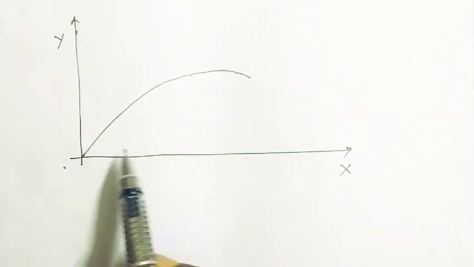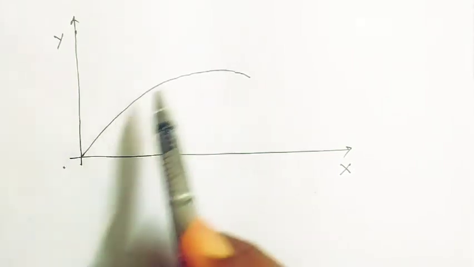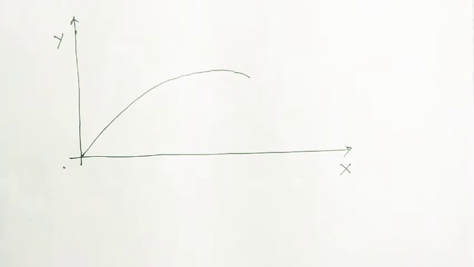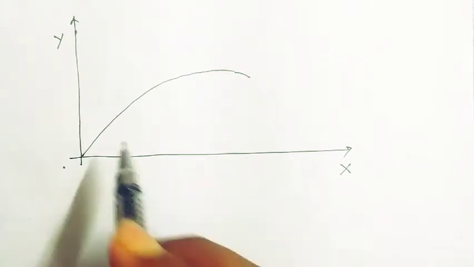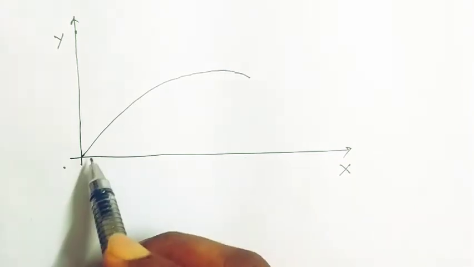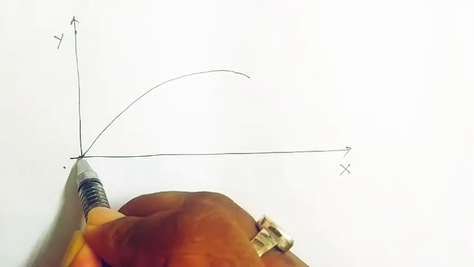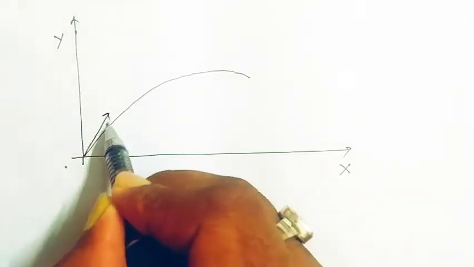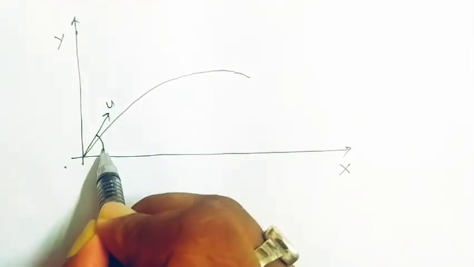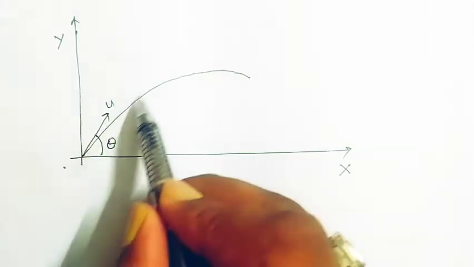I think this graph is familiar to you, the x plane and y plane. I have shown some of this before, in the previous lecture. What is the name of this? You remember this? This is a trajectory. If a particle is thrown at an angle u, making a certain angle with the horizontal level of the ground, then it will follow this trajectory.